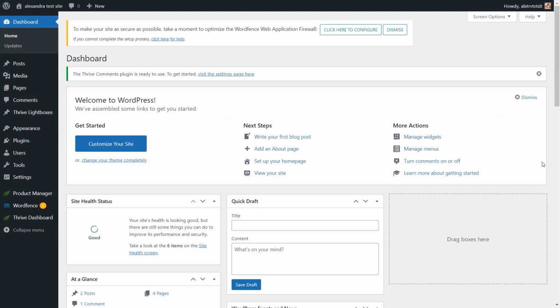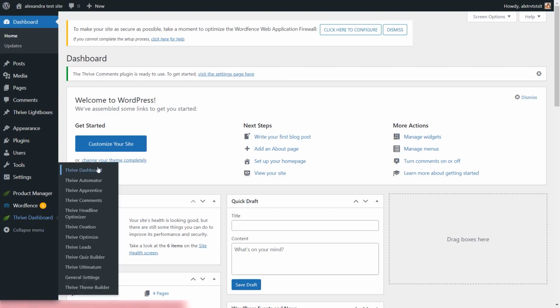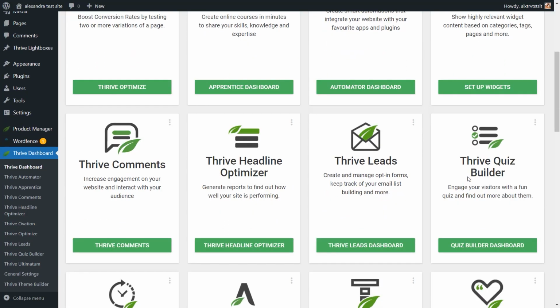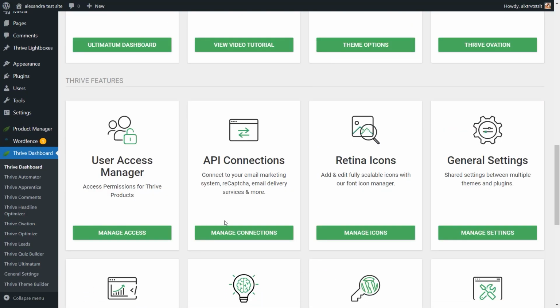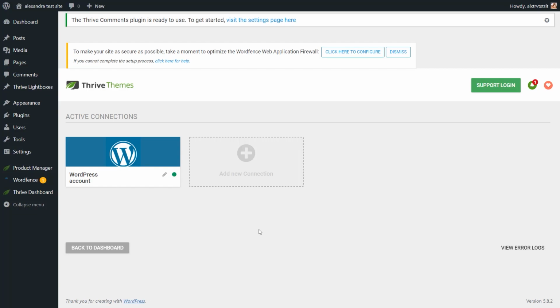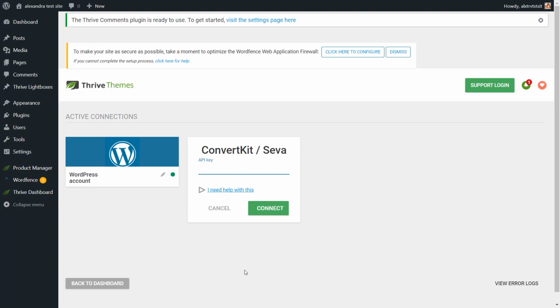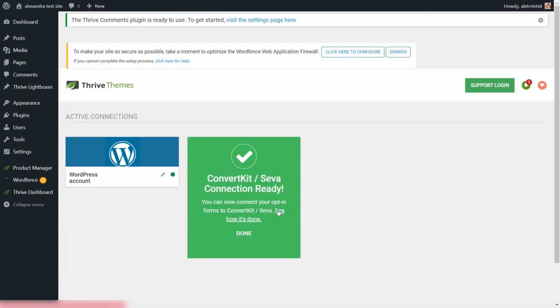Now you can head over to your WordPress admin dashboard and go to the Thrive dashboard from here. And then on this page that opens, you will have to look for the API connections card, which is this one. Now what we're going to do is simply add a new connection from here. So open the drop-down list and then select the ConvertKit integration and simply paste the API key in the corresponding field. Click on connect, and as soon as the connection is ready, you should receive this notification letting you know